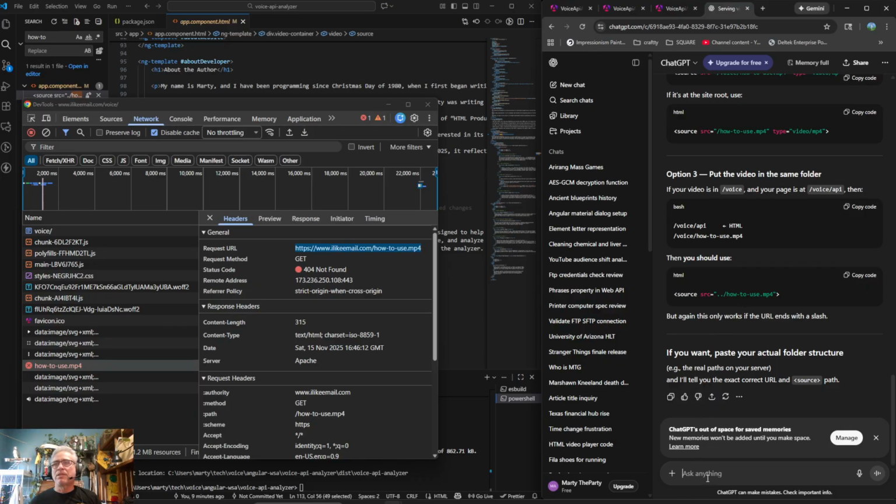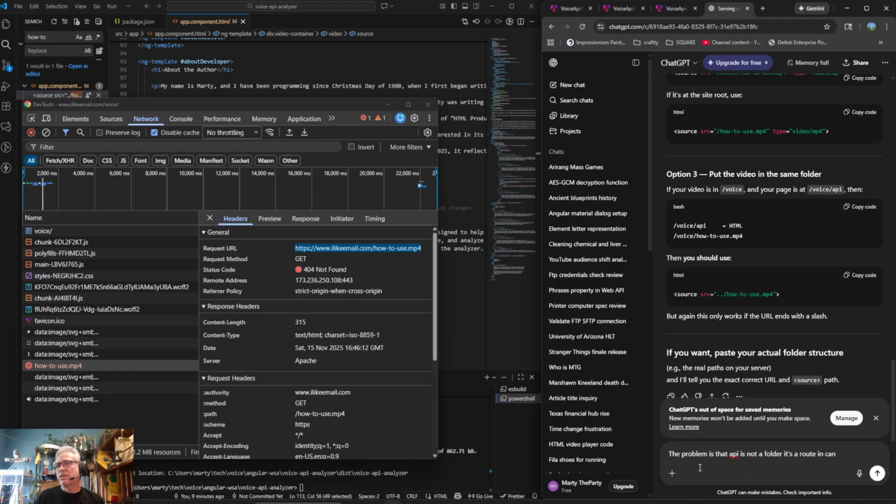Well, the problem is that API is not a folder. Route in Angular.